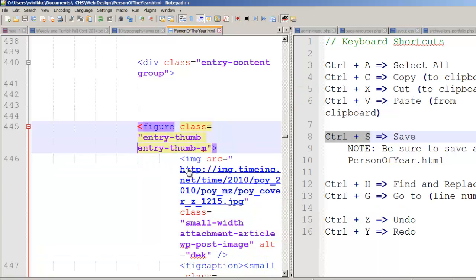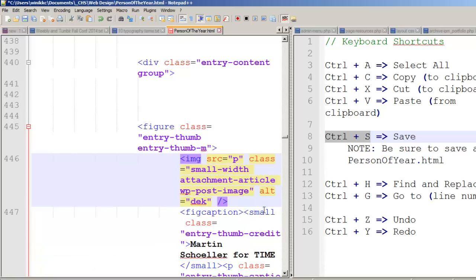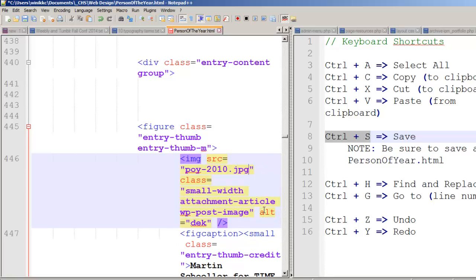Okay. So what you're going to want to do is either find your own picture or doctor up an image. You're going to need to save it to the same location as this web page. And then instead of this big, long, giant address, you're going to turn it into something like POY 2010.jpg, something like that. Okay? And whatever you name it in here, and I don't recommend you use spaces, just whatever .jpg,